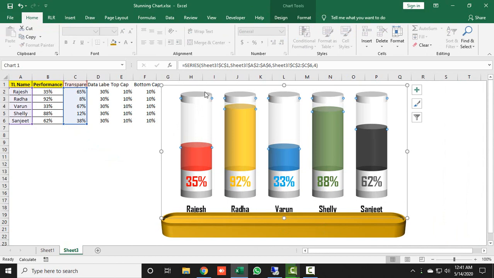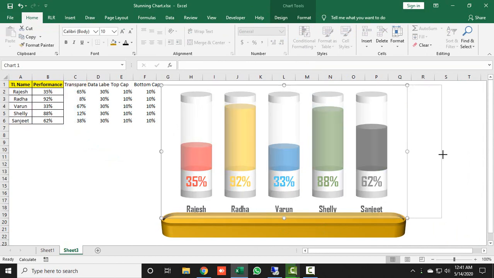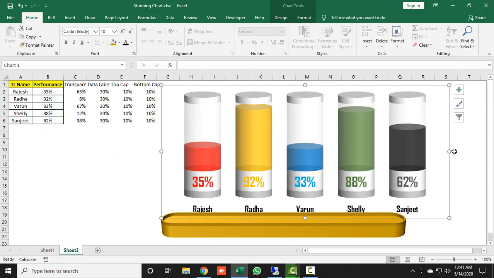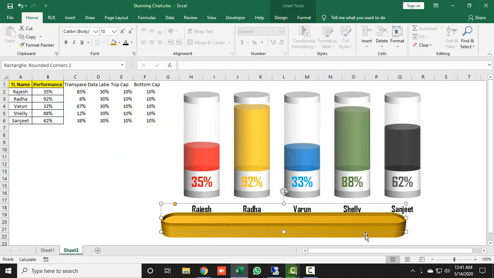Just select the complete chart and resize it so that it would be better than earlier, like this one, and then resize it also.